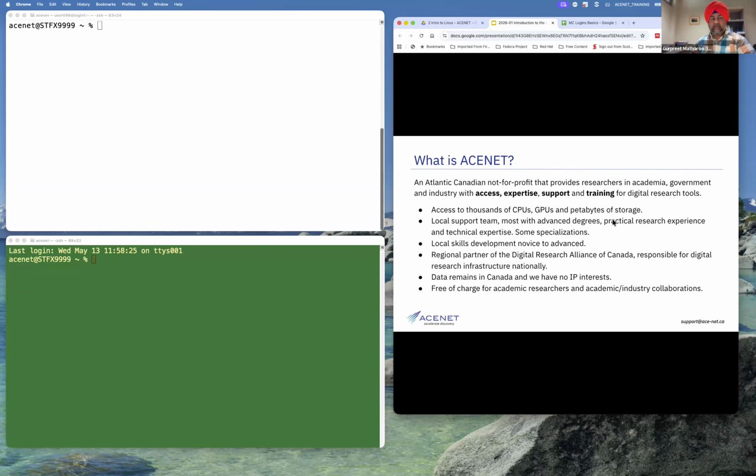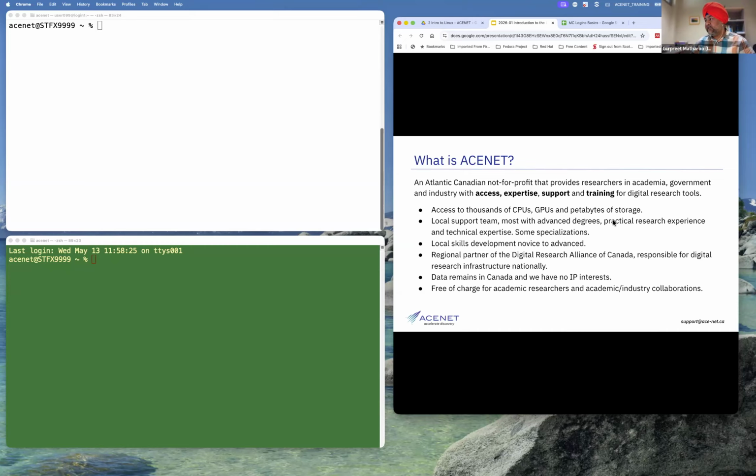The next point is important to know: we are the regional partner of the Digital Research Alliance of Canada. This organization sits at the national level, and we are in a federated kind of structure.